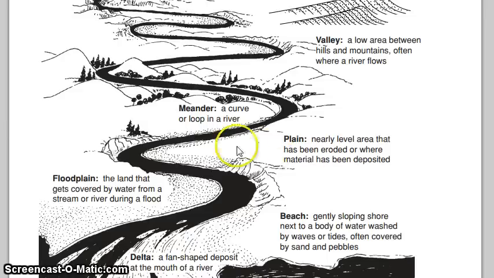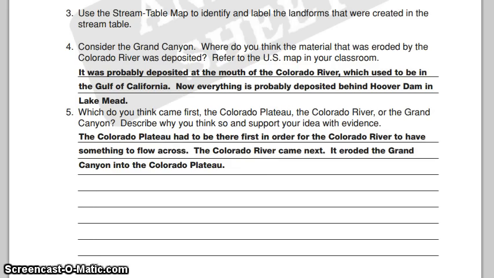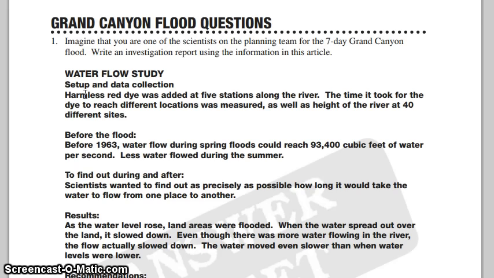Okay, and all the vocab words for these different terms are right here. So we see floodplains, regular plain, beach, the delta, which we talked about before. We could see forming that kind of fan-shaped deposit of sediment at the mouth or end of the river. So we went over a couple of those different things as well when we looked at our stream table models with the class. Some of the other things that we did was we read the article on the Grand Canyon